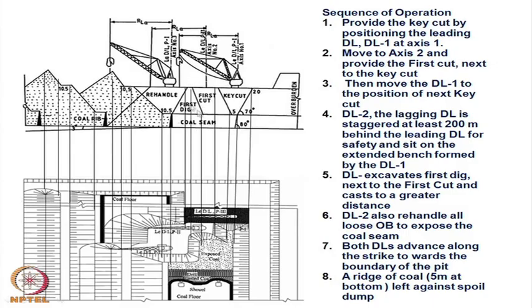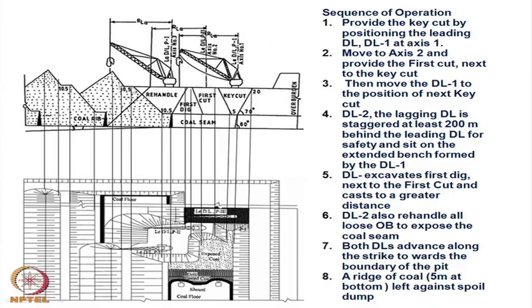This first cut is given next to the key cut, and then it will go further this side, and dragline 2, that lagging dragline, will be placed over here. Okay. Now, this will be cutting the first deck and the rehandle material,